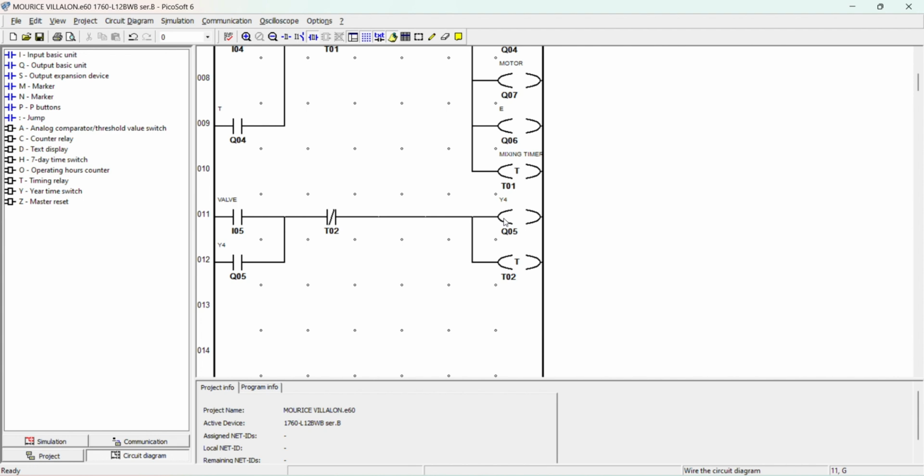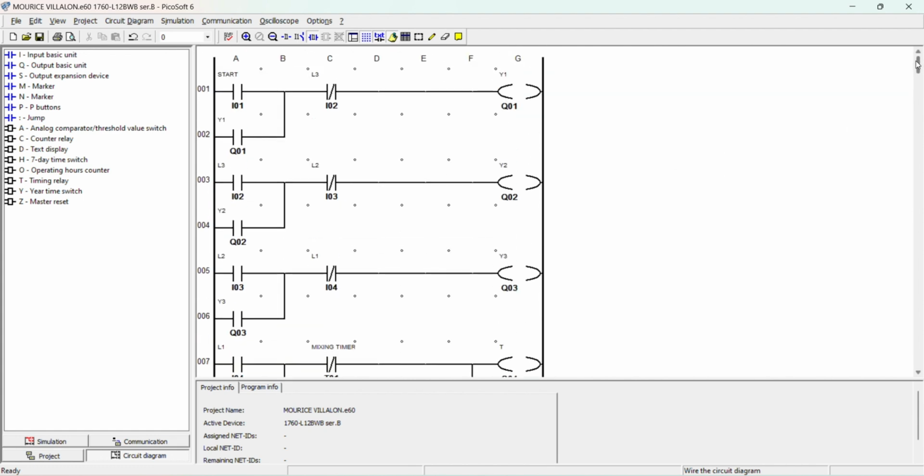Y4 is the open valve to release all the already mixed liquid, and then after the timer, it will stop. It will break the line for the current. When it triggers, there will be no supply, the valve will be closed, and we will go back to the first activity, and then it will make a cycle.